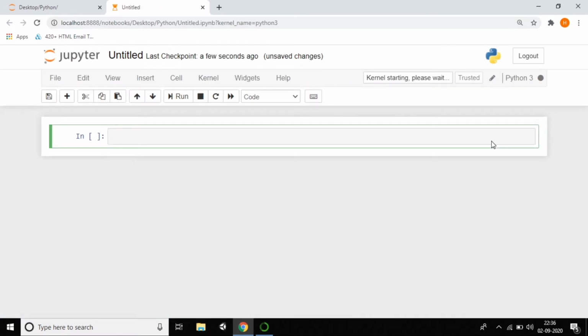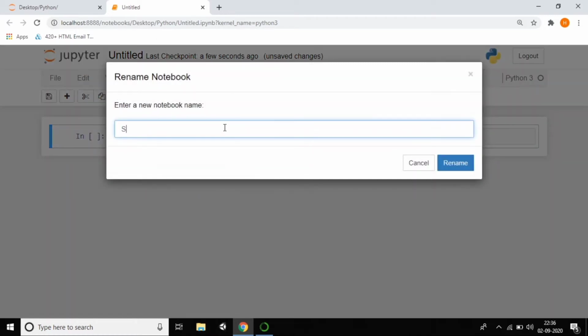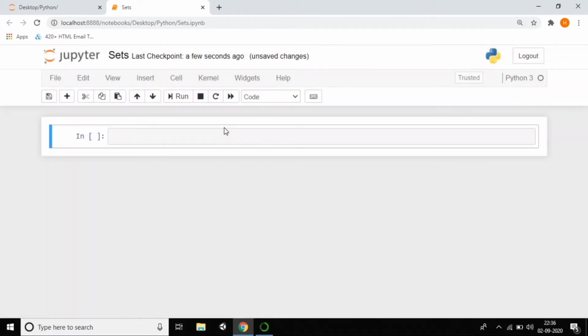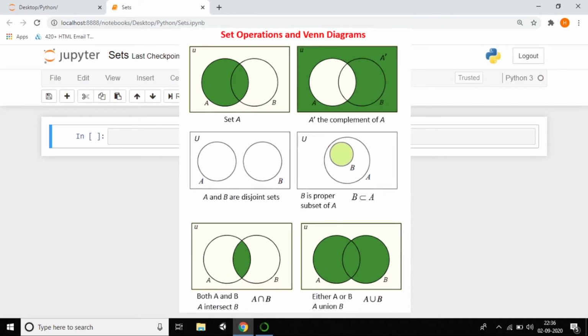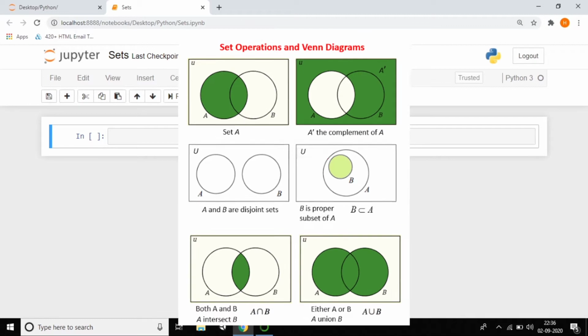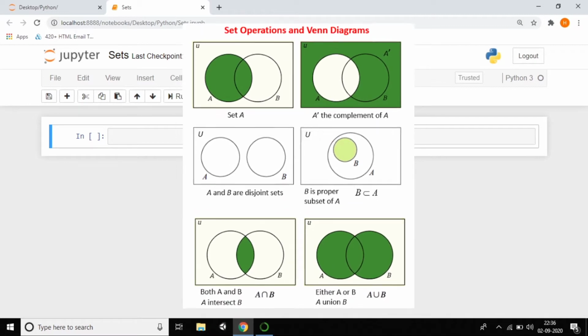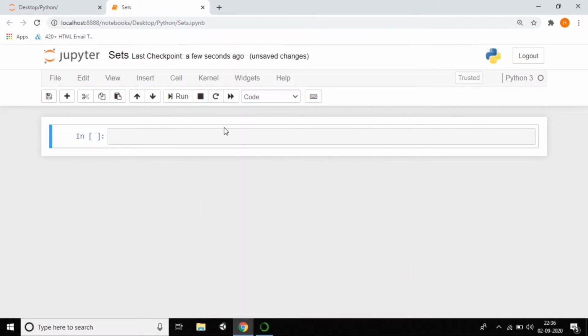Generally we hear a lot about sets when we are in 8th, 9th or 10th class. When we do mathematics we hear about sets many times, and we hear about union, intersection, difference, subset, join, many things we learn. The same is in Python also, these methods are available in Python, and we are going to use all of them.